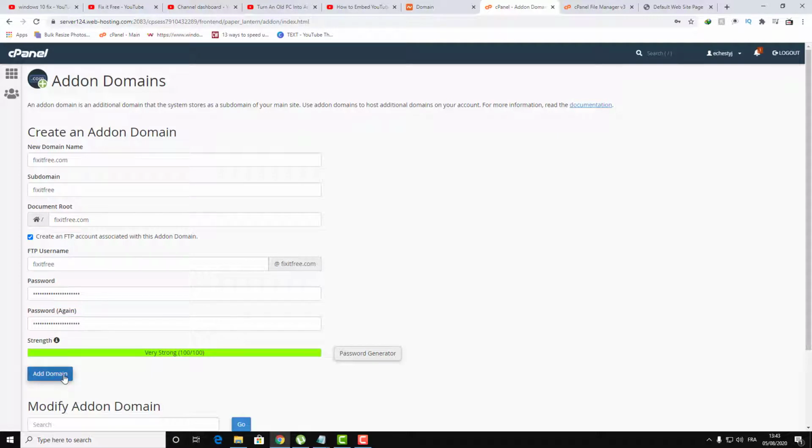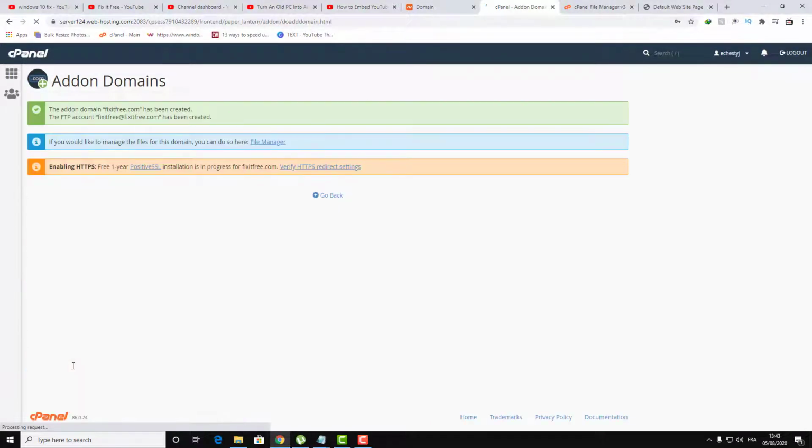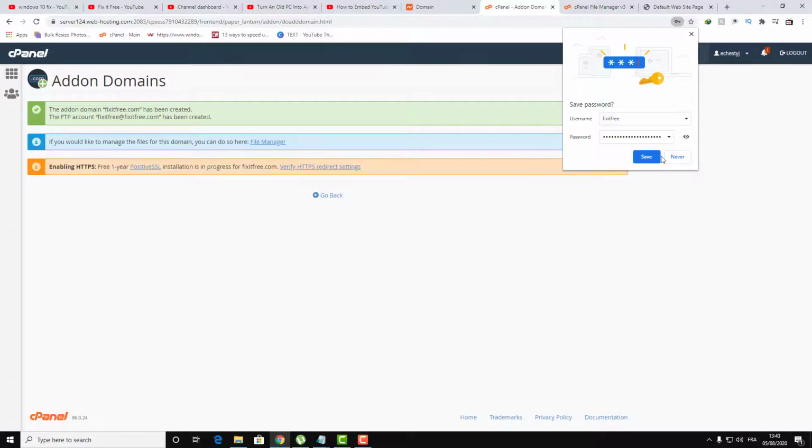And now go ahead and click on Add Domain. Now the domain was added successfully,